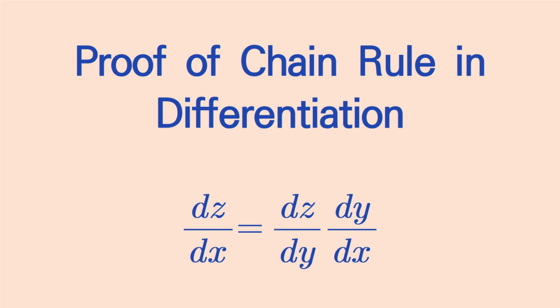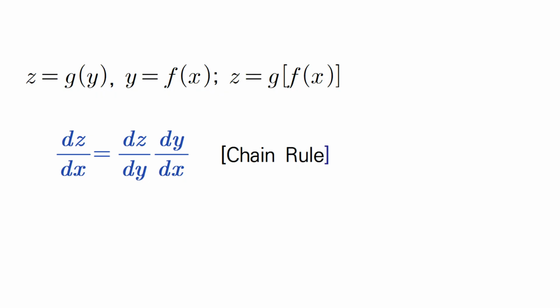This video explains the chain rule for differentiating composite functions and proves why it works. The proof is presented intuitively rather than through overly academic methods, making it easy for high school students to understand. The composite function of two functions, g(y) and f(x), can be written as g(f(x)), which is a function